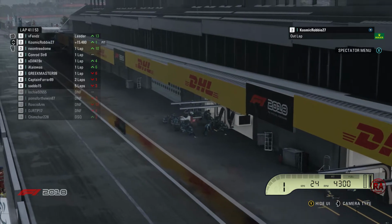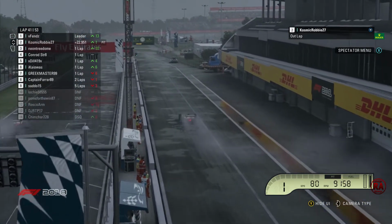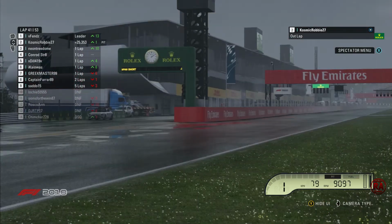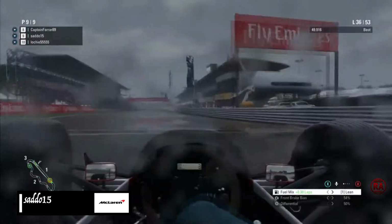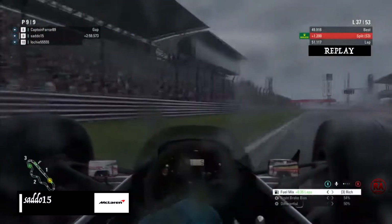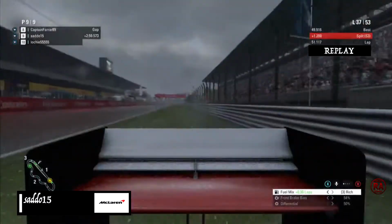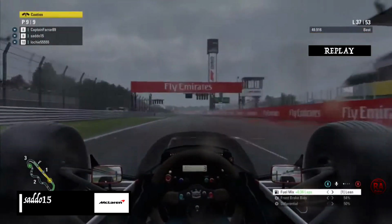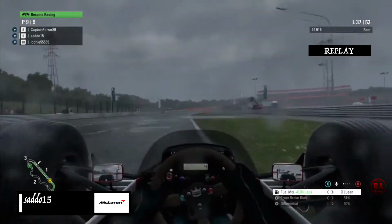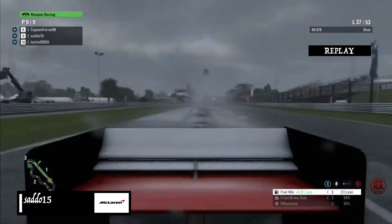But, yeah, it's a real shame, and I don't think he could get back in, or the update took a bit longer than expected. But anyway, Cosmic Robbie came into the pit lane, so that was one of the lead guys anyway. And Sato just kept it straight there to keep it off the wall. And now Greek sets the fast lap of the race. Can't really tell on the live screen what it was, but